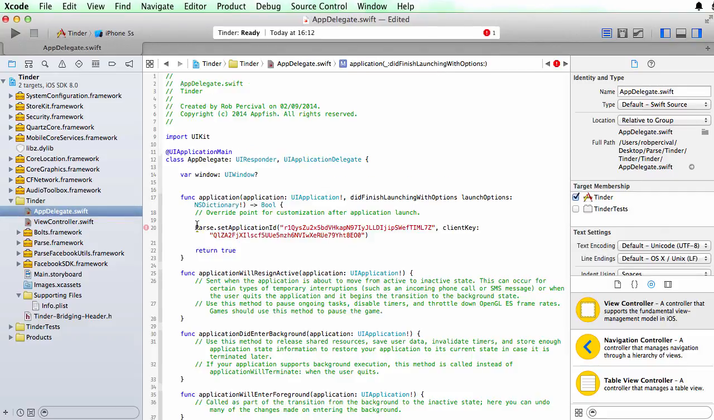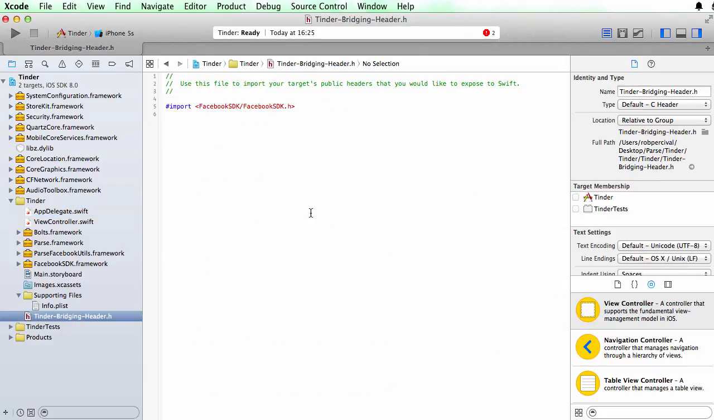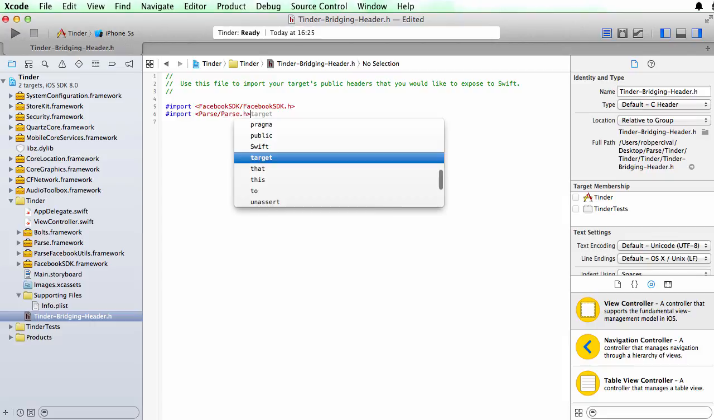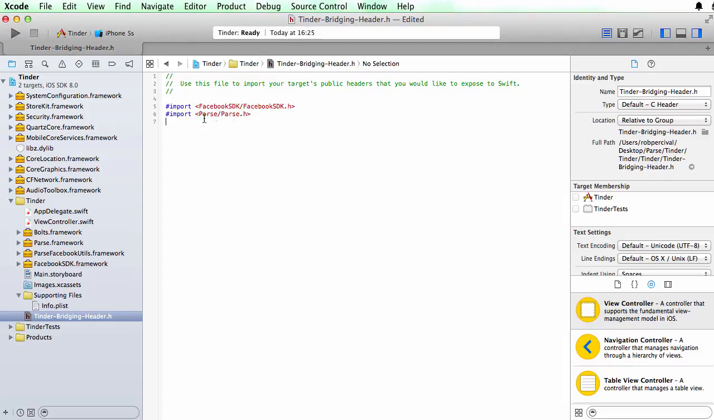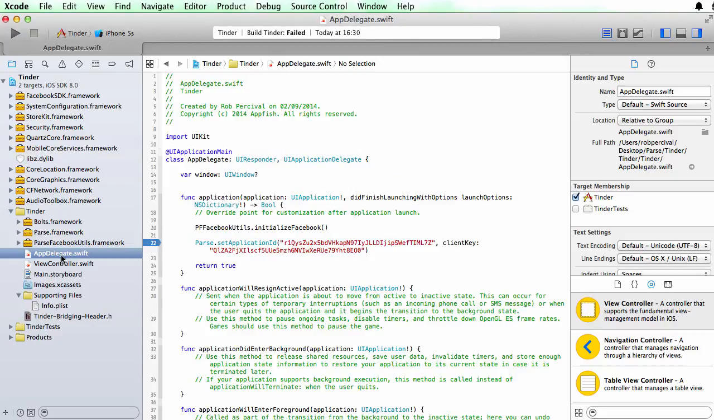So back over to our app delegate. And now let's switch over to our bridging header. We don't need to add another bridging header. We can just put our Parse code in here. Parse.h. And that should now bring in Parse for us. Let's have a look in the app delegate. And let's just check. If we go back to the app delegate, we now don't have an error there anymore,